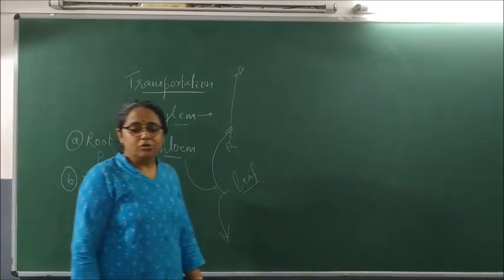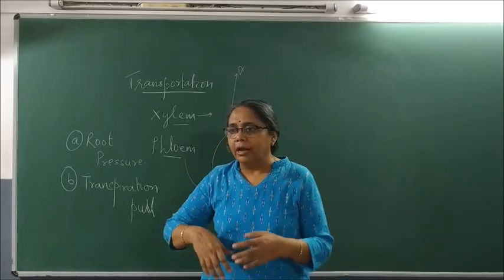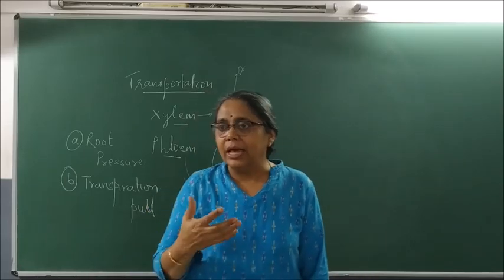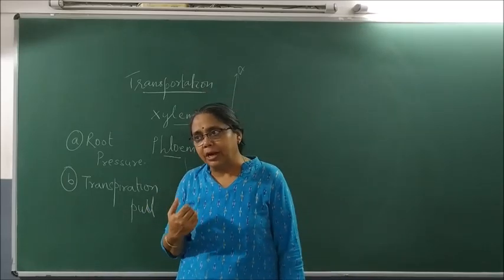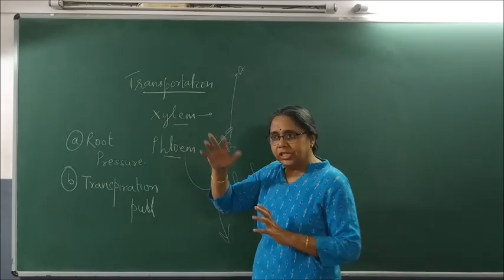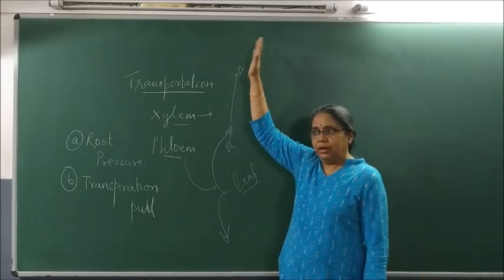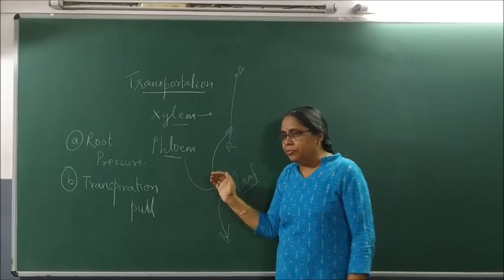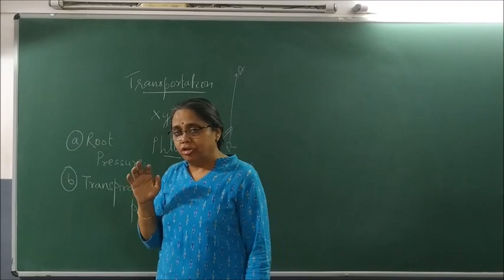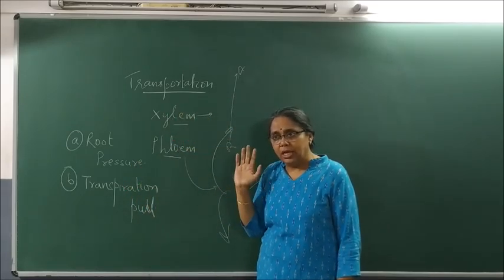So we know that plants do not have a well-developed organ like a heart to pump, and arteries and veins to transport everything, dissolved substances as well as water and minerals, to different parts of the plant. They use these vascular bundles or tissues, xylem and phloem, to move substances up and down. Xylem always takes the substances from the bottom to the upper parts of the plant, whereas phloem can go downward as well as upward. Phloem is mainly used for transportation of food, whereas xylem is used for transportation of water and dissolved minerals.